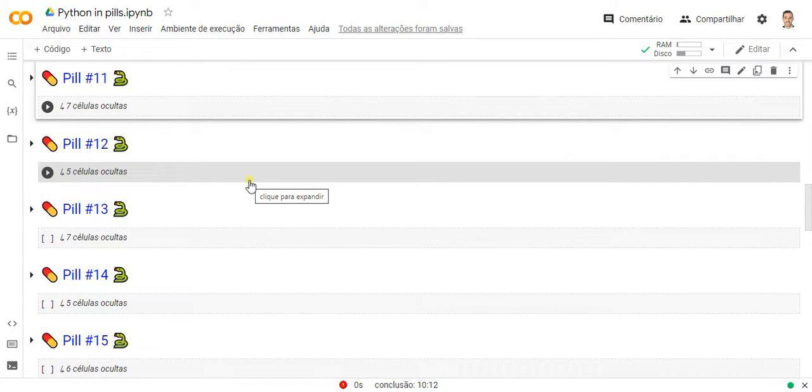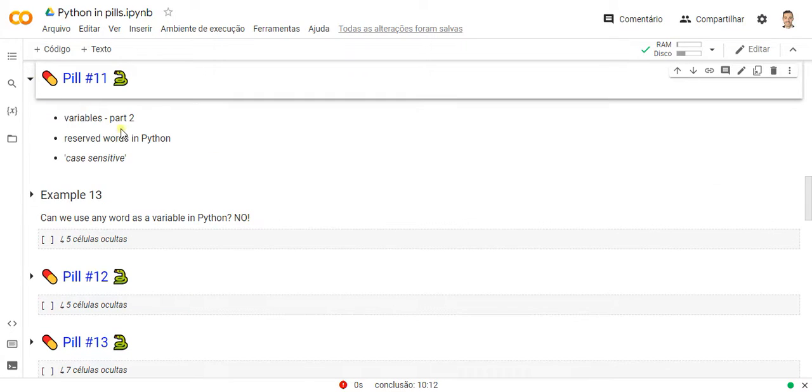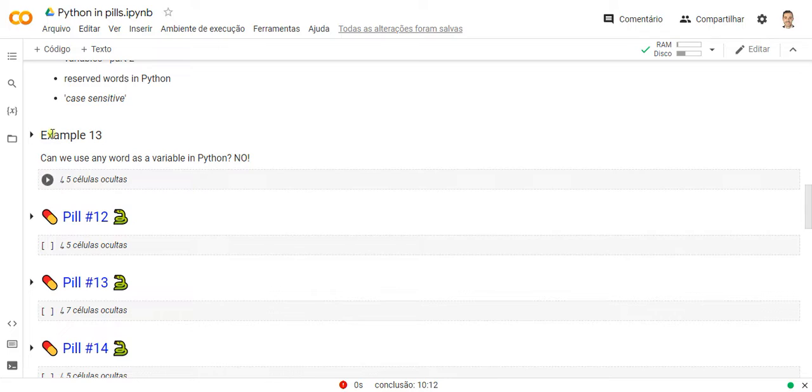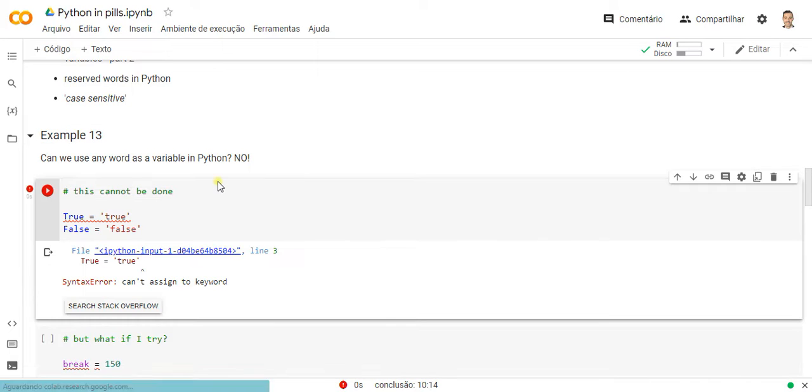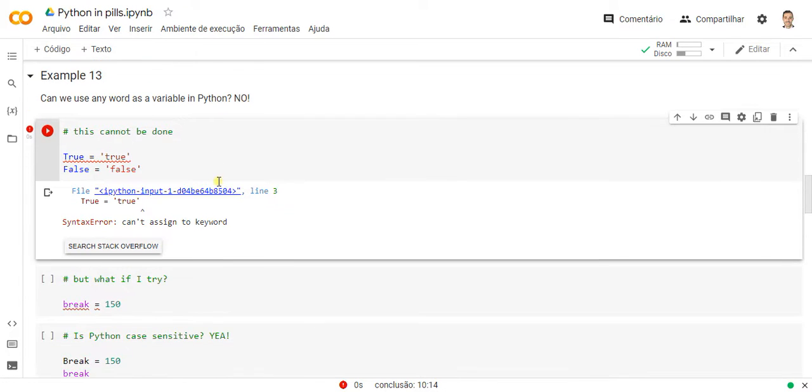In the previous pill, I started one of the most important themes in Python, variables. Continuing, we need to talk about reserved words and case sensitivity. If you want to create two variables, for example True and False, exactly like I wrote, Python won't allow it. Why? Because these are reserved words, that is, words that already have a defined function and cannot be used